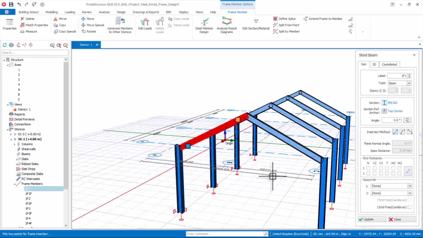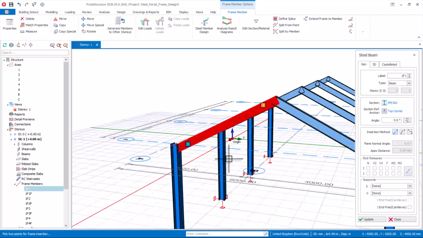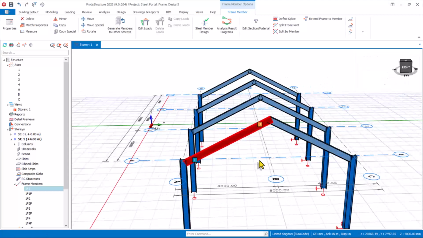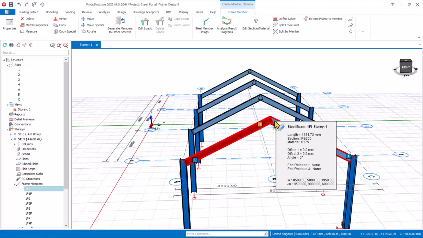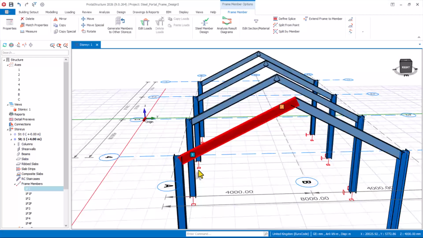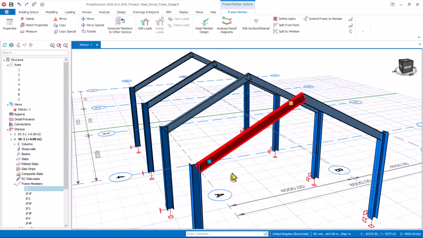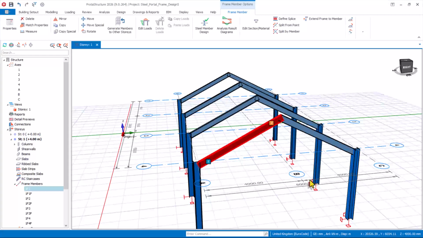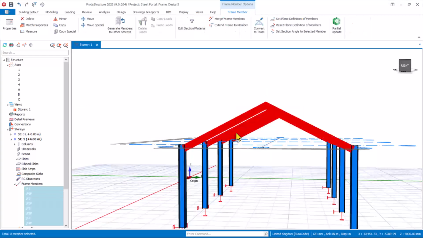So we need to apply constraint at both I end and J end, because at the apex height there is much moment, and also at the connection between the steel rafter and the stanchion there's also much moment. Okay, so we apply a moment at those points. So how do you do that? You just have to select all the